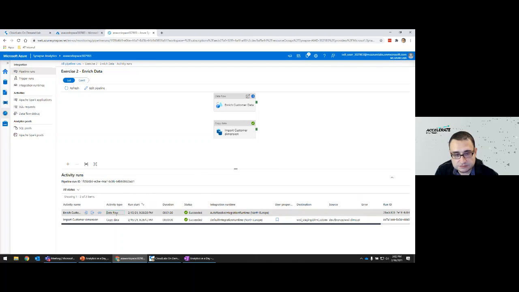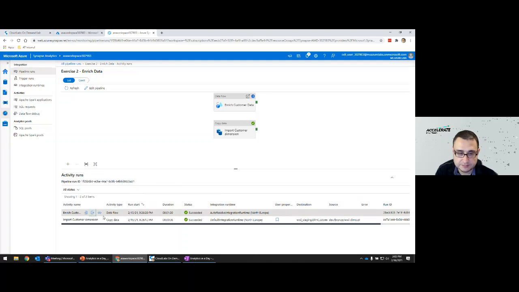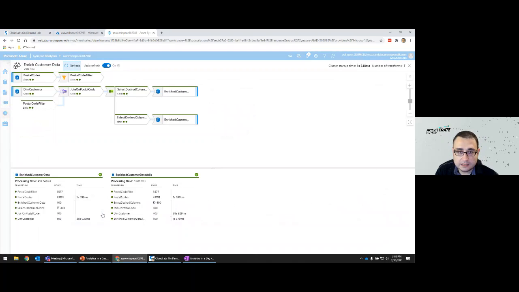We can also see from our output some of the parameters in the actual JSON script that was used to execute this pipeline. And if you go back to those eyeglasses, like I mentioned, you can see the overall picture of how long each of the different steps in that mapping data flow took.